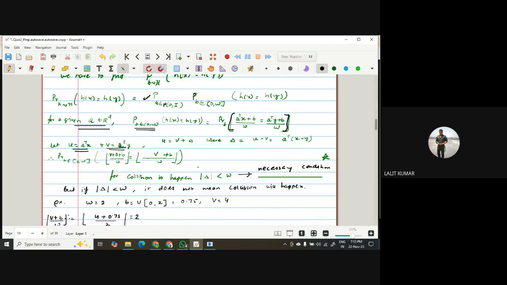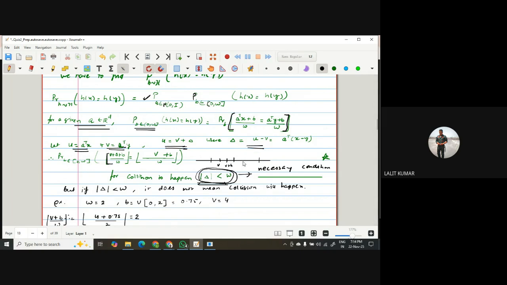So we can find that U is equal to V plus delta, where delta is equal to U minus V. And the probability will become floor of (V plus delta plus B) by W is equal to (V plus B) by W. Now, if we see this visually, we have the width, these are the buckets, we have V somewhere, then we have V plus B somewhere, and for the collision to happen, this is a very, very important condition, that delta has to be less than the width of the bucket. So please remember this concept, this might come.